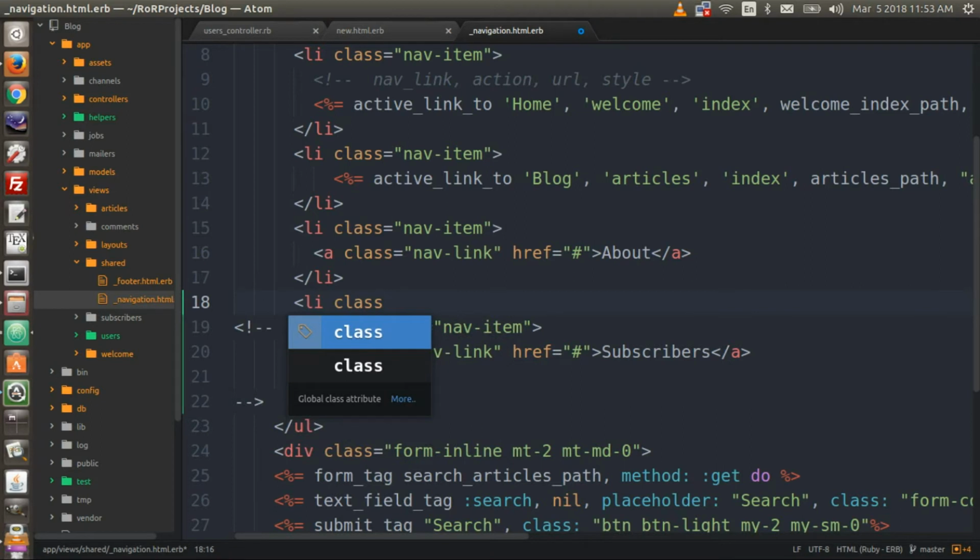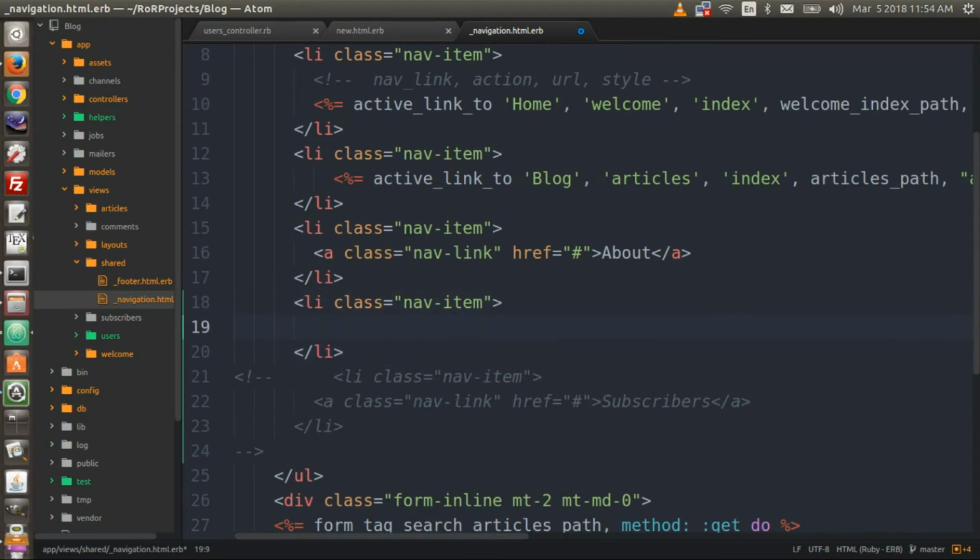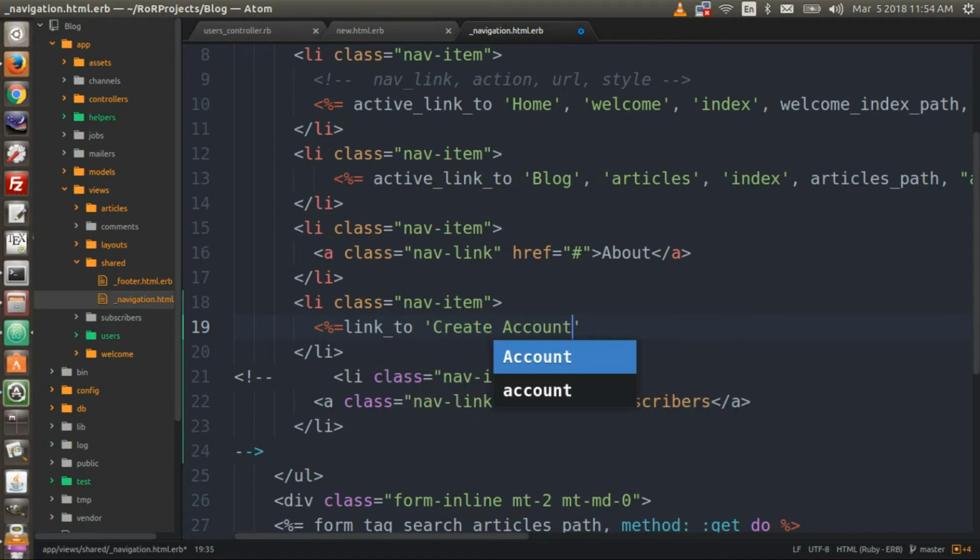So open up an li tag and type class equals nav-item, and then let's close that li tag, and in here open up the Ruby syntax with an equal sign, and then type link_to, and let's go and check out what link. Actually, we need to give it a name first, so give it the name of create account, and then comma,